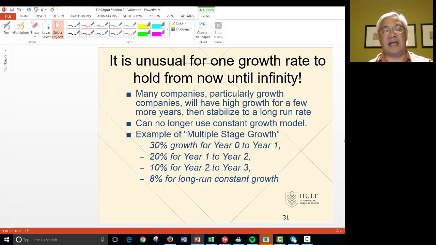Okay, next we're going to look at what happens if we relax that assumption about growth rates. So it's not zero growth rate, and it's not a constant growth like 6%. What if it varies a little bit for the first few years and then stabilizes? Here we have a scenario where we have a multiple stage growth of 30, then 20, then 10, then stabilizing